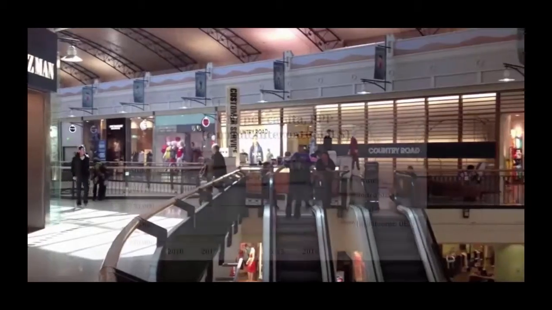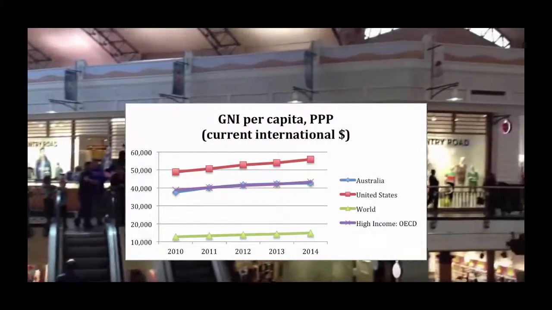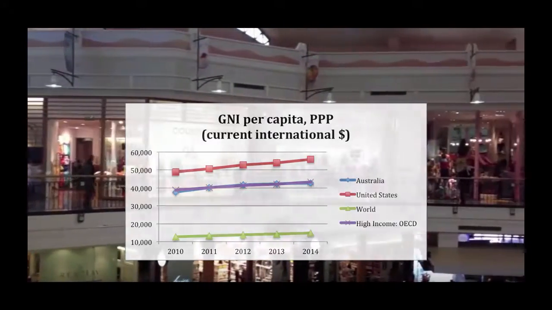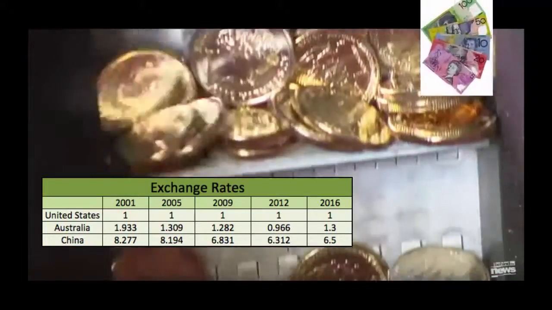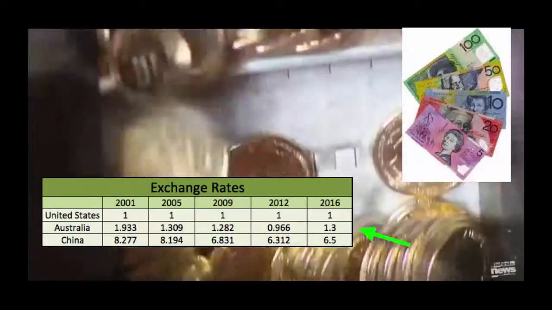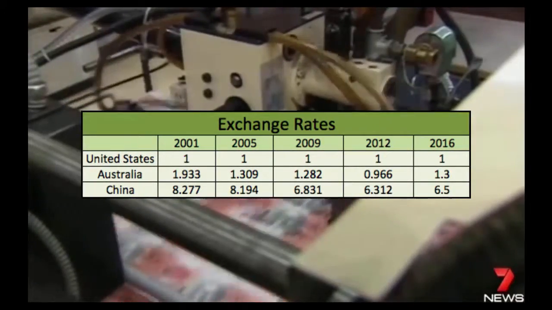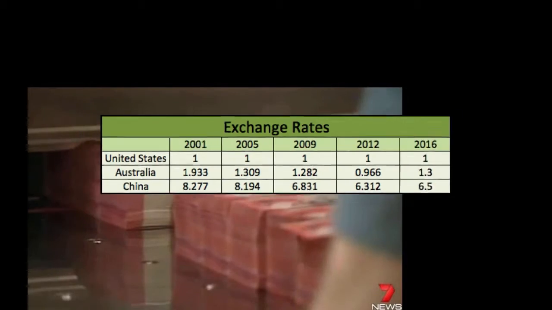The gross national income per capita at PPP in Australia is currently $42,760. This measure has been on a gradual incline and not far behind that of the United States. It is also far higher than the global average, making Australia a high-income country. The official currency of Australia is the Australian dollar. The current exchange rate is 1.3 Australian dollars for $1 US. There has been a lot of movement in the exchange rates over the last 15 years with the weakening of the US dollar and China finally allowing the market more control over the yen.